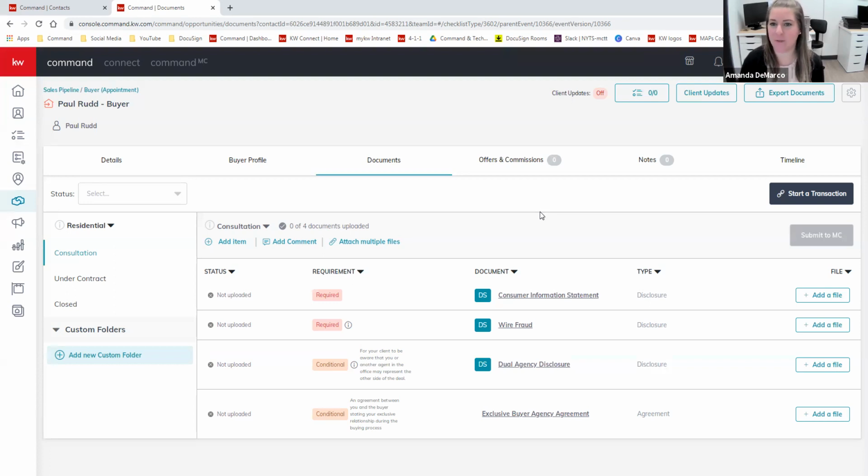These are forms that you want to have in your back pocket because they're going to be valid regardless of the transaction or the property that you're putting an offer on or whatever the case may be. So this is telling you that these are forms that you want to get right off the bat. And that's why they are in the consultation stage